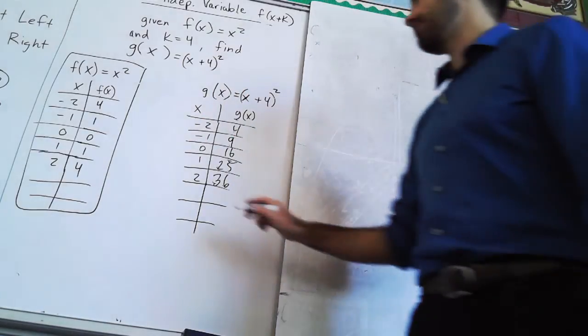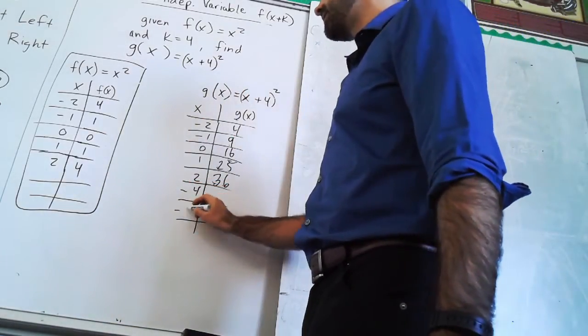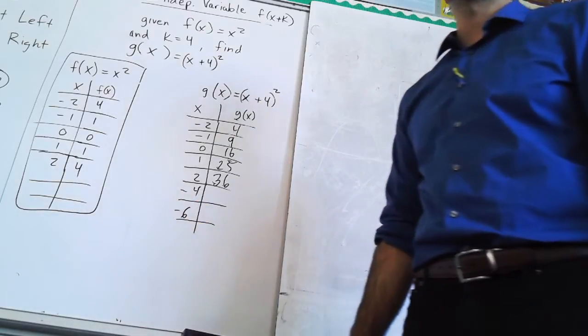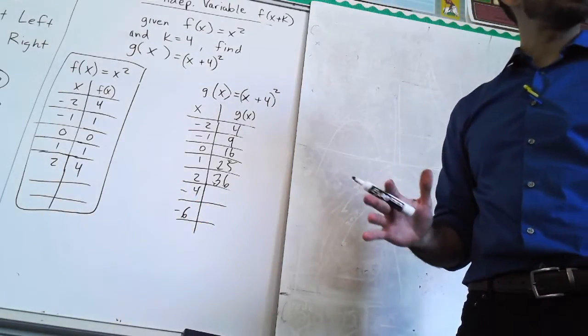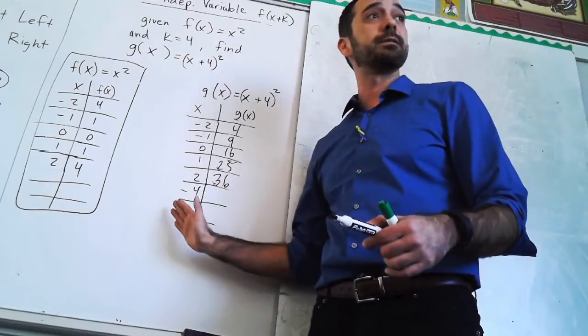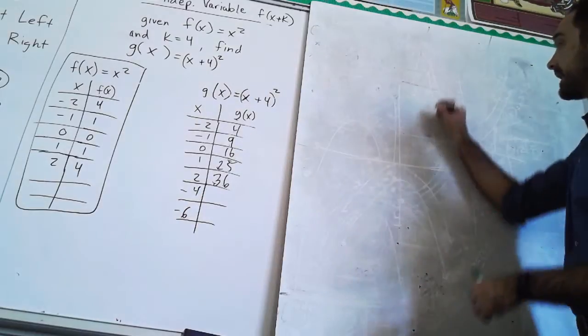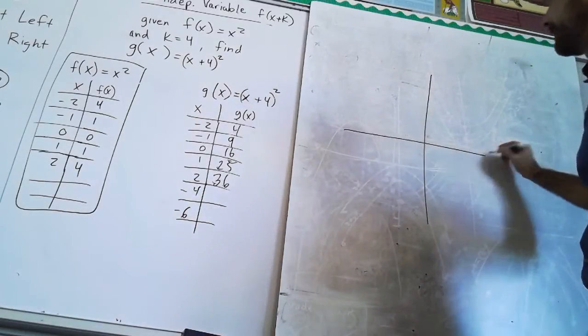-4. So watch, I'm going to do -4. How about we do -6? Okay. So if you didn't get the logic and math with that, you can just say, I need to just find some more points. After you start to graph it, you'd see that it looks like, let's see, it was going to look like,